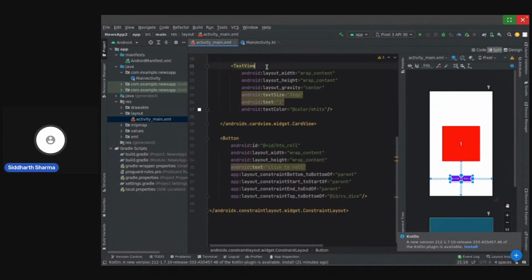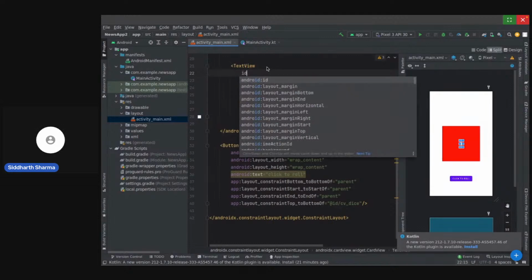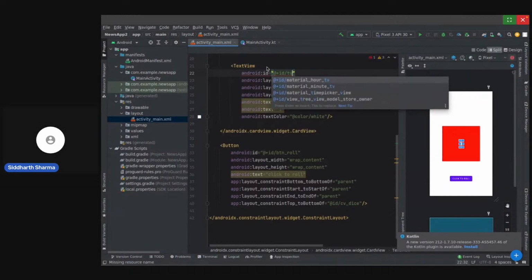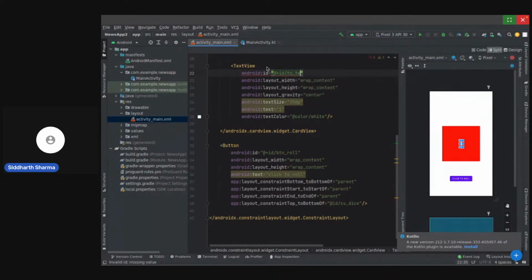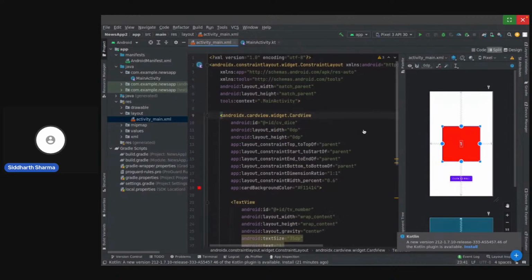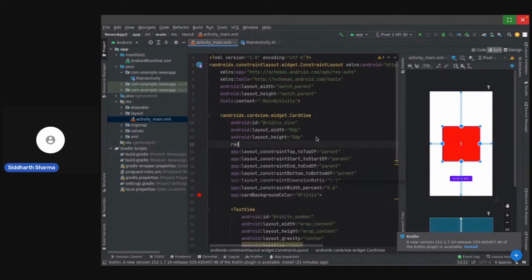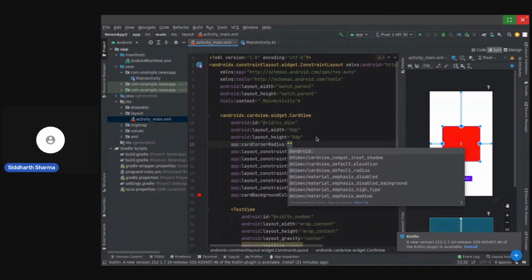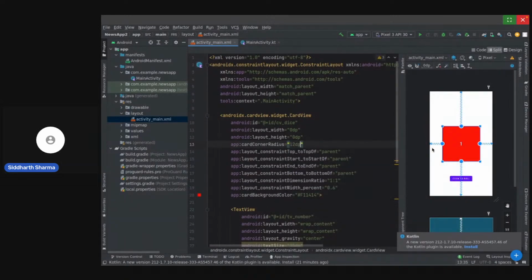We also need to give this text view an ID. That is a number. Yeah, great. So let's also give it some radius. Radius of 12. Yeah, 12 dp is great. So we are done with the UI part.